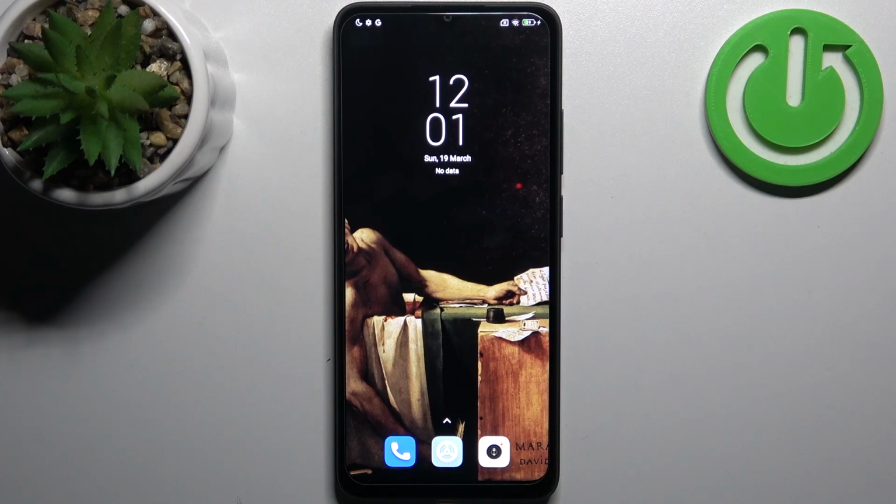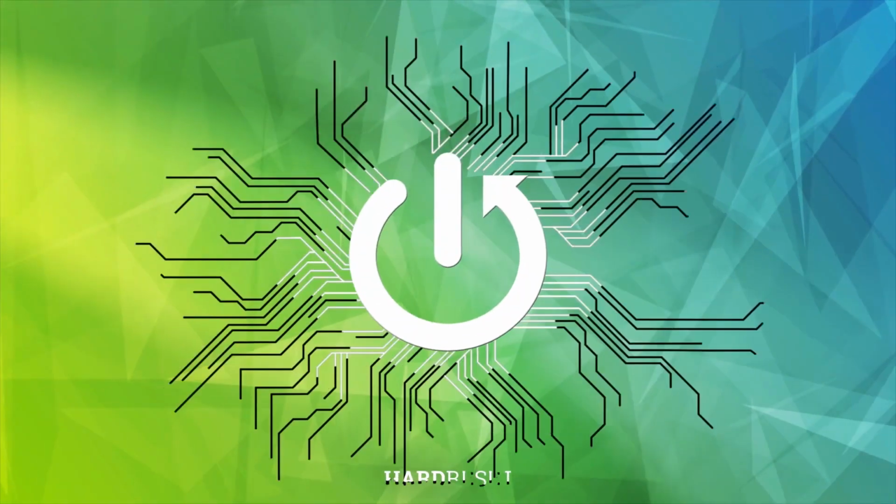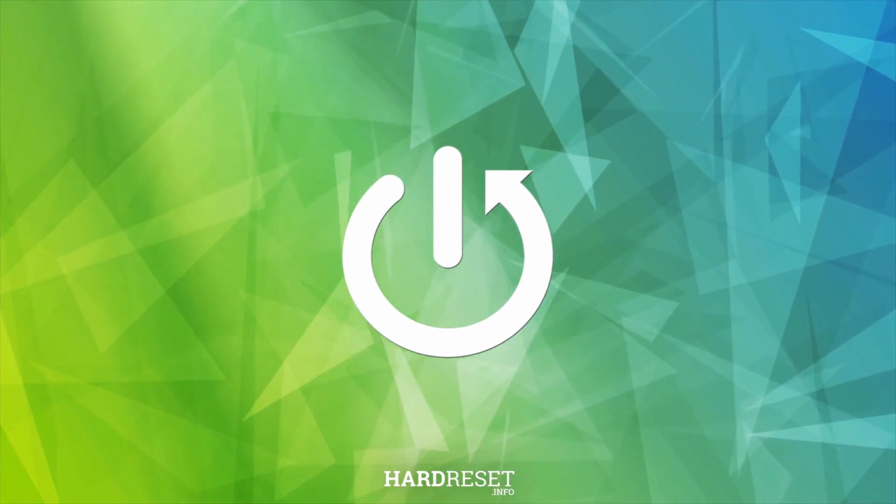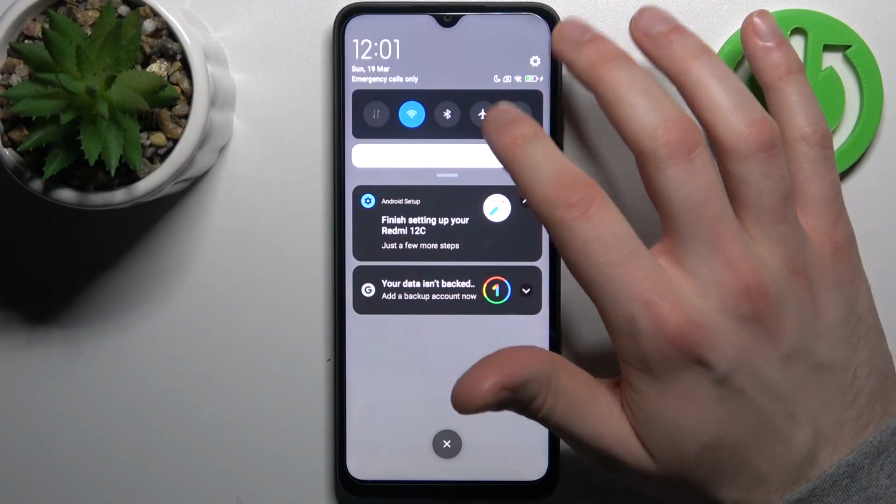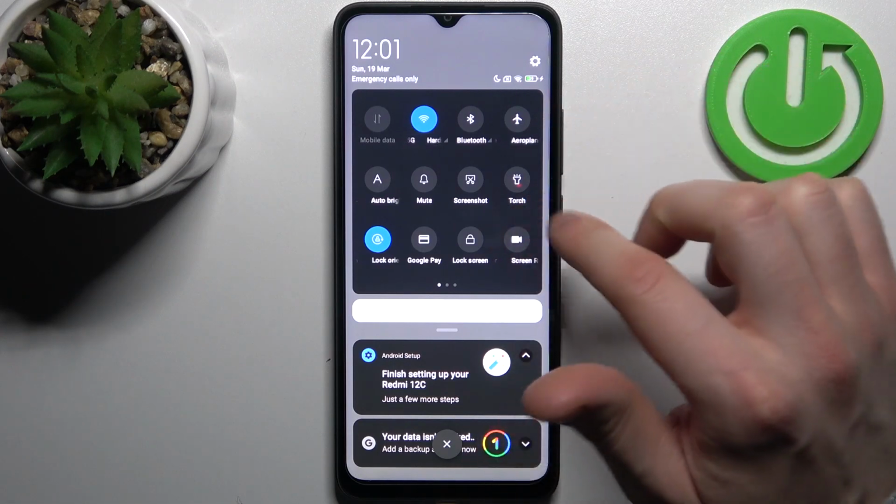Here I have POCO C50, and today I'm going to show you how to record screen on this device. So to do this, firstly you have to go to the upper bar, and here you can find the button